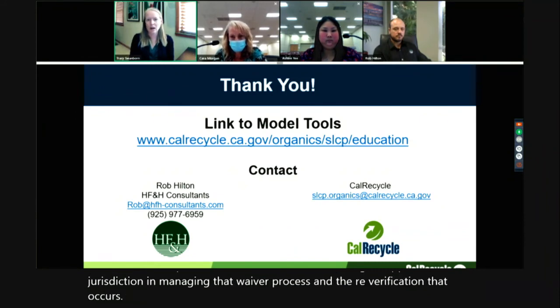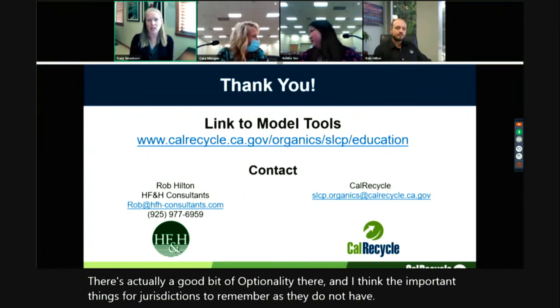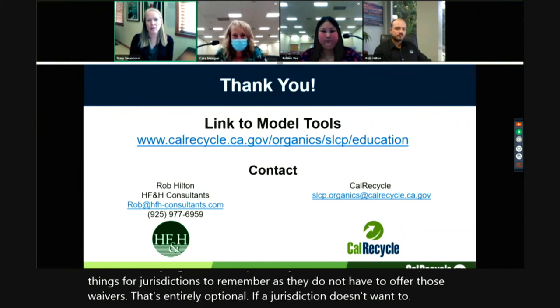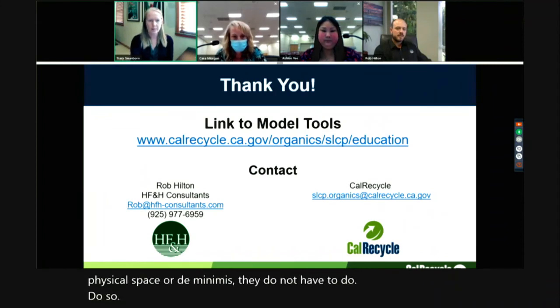So there's a good bit of optionality there. The important thing for jurisdictions to remember is they do not have to offer those waivers. That's entirely optional. If a jurisdiction doesn't want to allow for physical space or de minimis, they do not have to do so.